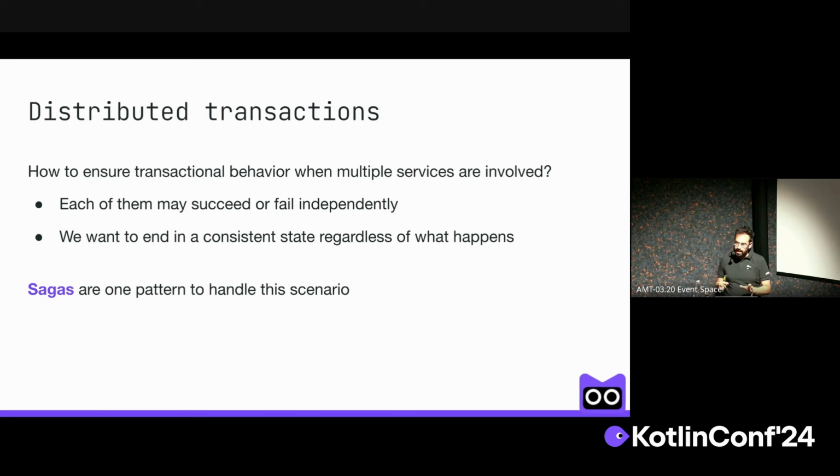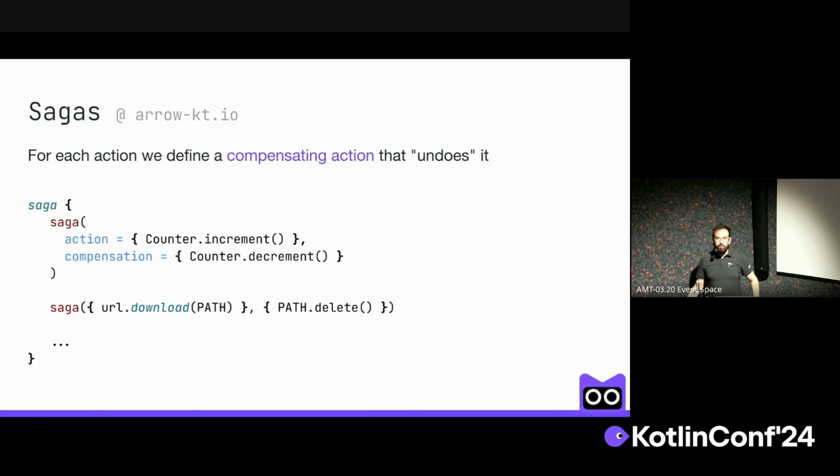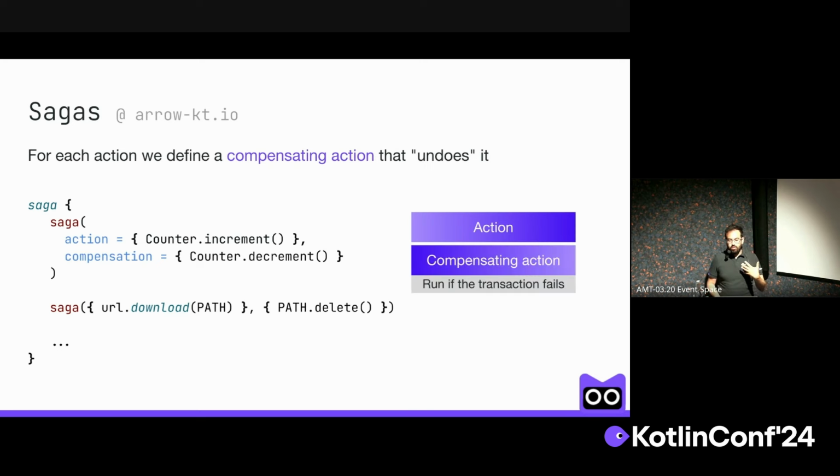It cannot be the case that whatever we did in one of the services is somehow not rolled back, and then we have some kind of inconsistent state, some kind of actually garbage in our server. So sagas are one of the patterns to handle this scenario. And the idea here is that for each action, we are going to tie a compensation action that undoes this. So here I have an action which is incrementing, and then a compensation action which is going to be decrementing,